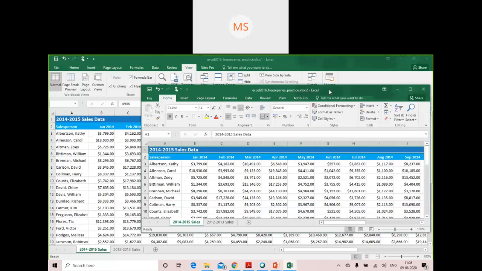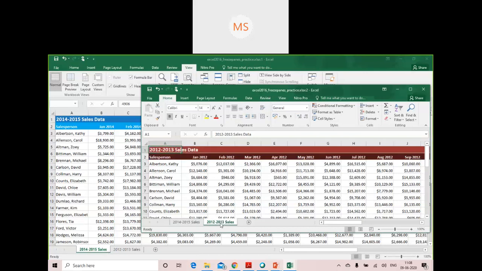It will only create an additional window for your current workbook, so that if you want to compare some data, like here from 2014-15 sales, I need to compare 2012-13 sales. So I can open this file and compare these two sales data together. Got it?